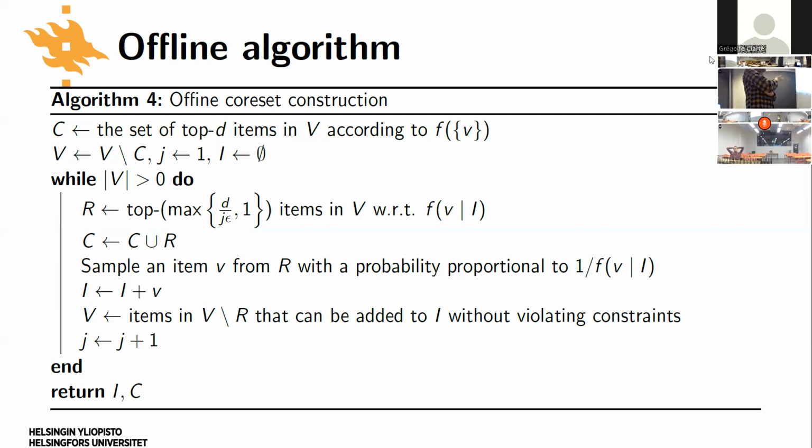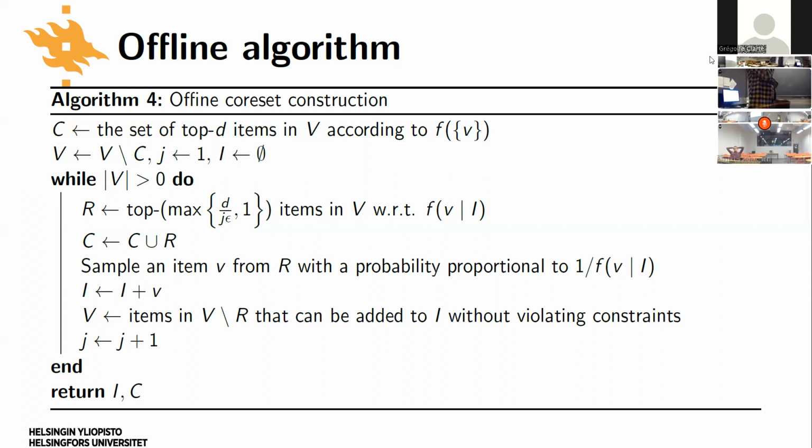You select those top items according to the following gain, and then you add those new items into your reserve set. Then you sample an item from that batch, again with the same probability of 1 divided by f di, and then you add that item